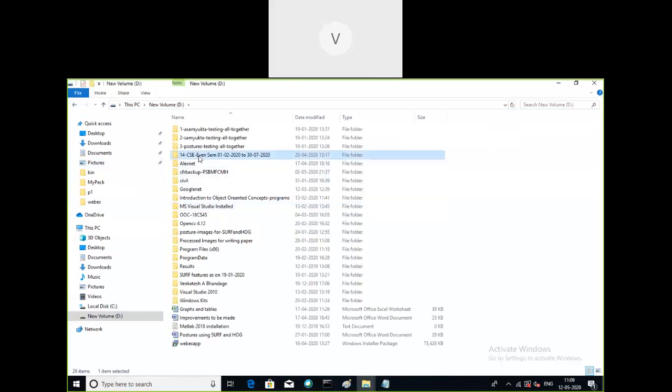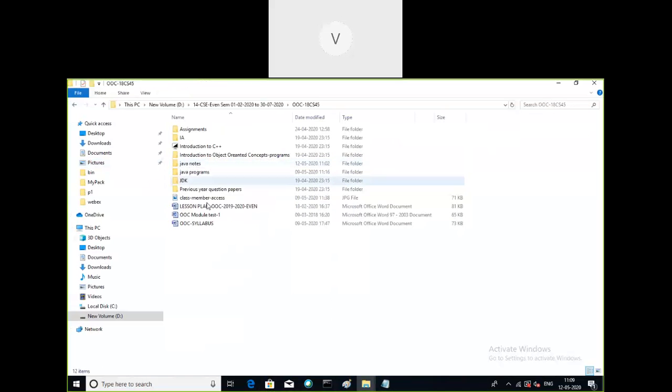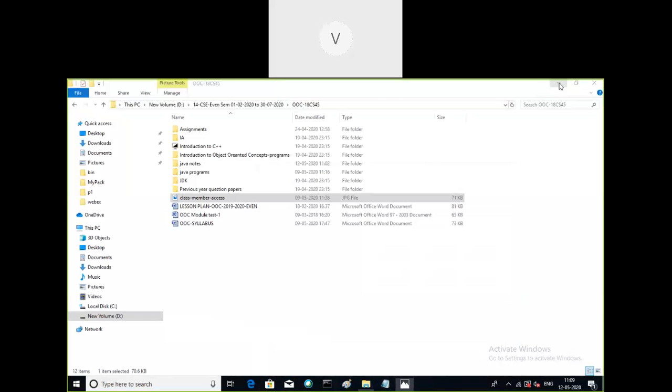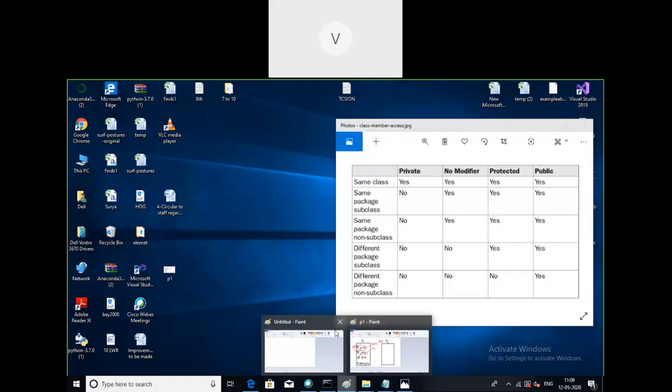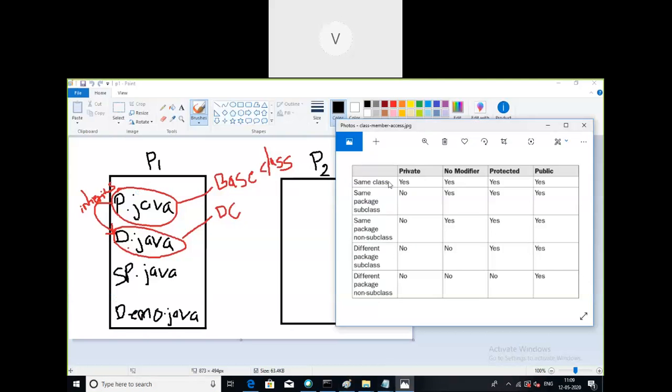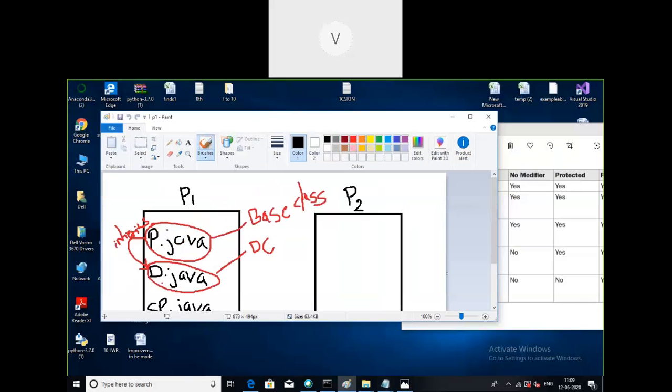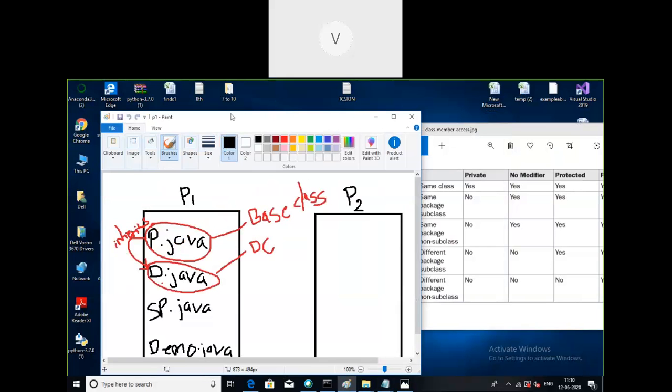A different access I'll show you first. This was the member class access which we need to know. So we are studying about these last two rows now. A class entity which is present in some other package, and that is a subclass of the class which is present in P1. So this diagram, I'll take help of this diagram. So this other access we're trying to define, the other possible access.